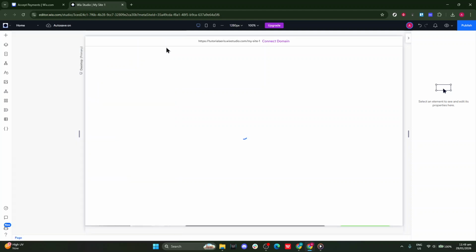When the titles options appear, select the basic title element and place it on the page. You'll see a text field ready for input. Click into it and type the text that you want here. Keep it concise, readable,